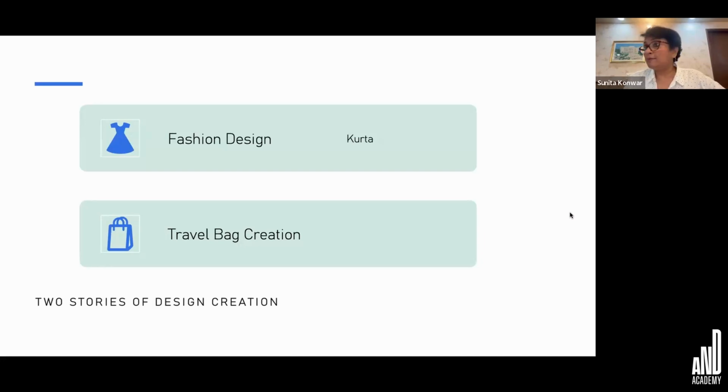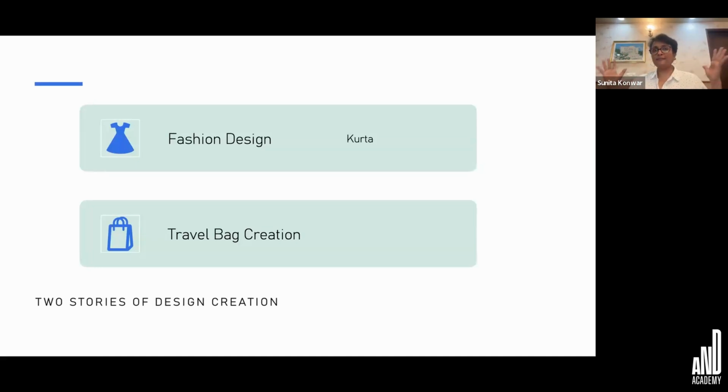Now these people wondered, there were no benches to sit. They just didn't know what to do. Some of them tried to sit on the suitcase that they had, but they were so scared that it was going to break. So then the thought came, how about designing that suitcase in such a manner that you can even sit on it? And they showed us beautiful sketches, etc., of how this bag is going to be made such that you can sit on it and it is not going to break, and the seat is going to be foldable, etc.